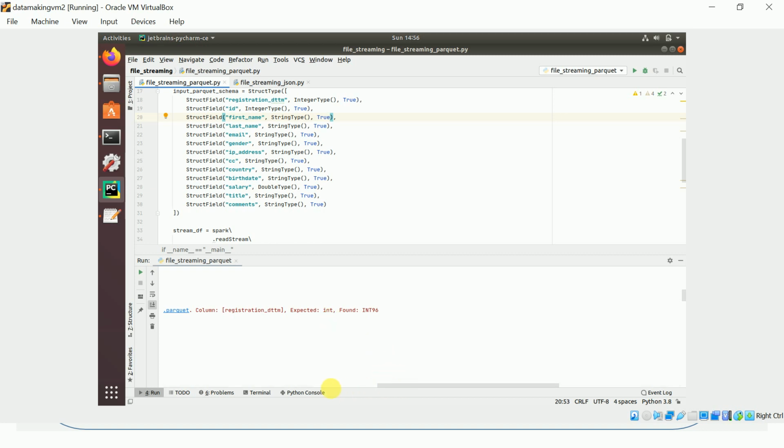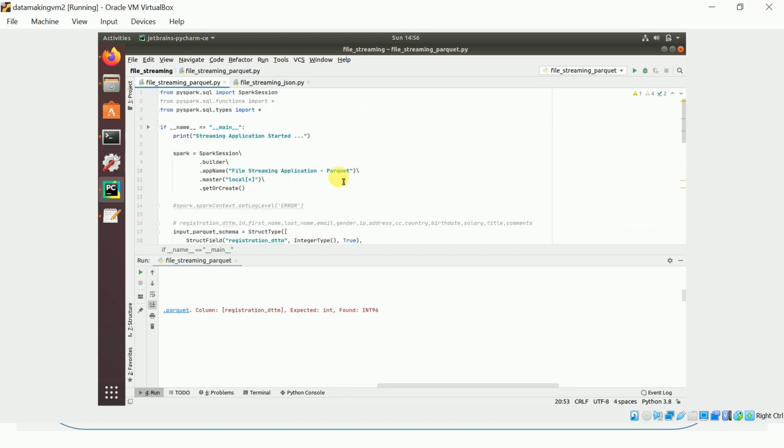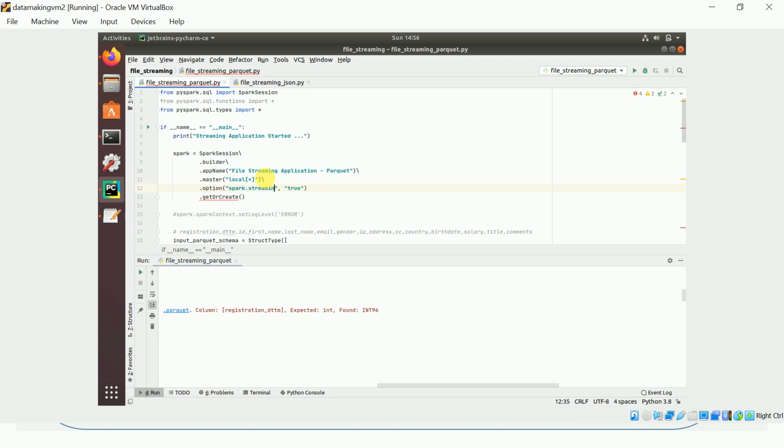Okay, so in the Parquet file, now it is not able to cast it. So what we'll do is we'll use one more property called dot option of Spark.sql dot streaming schema inference.